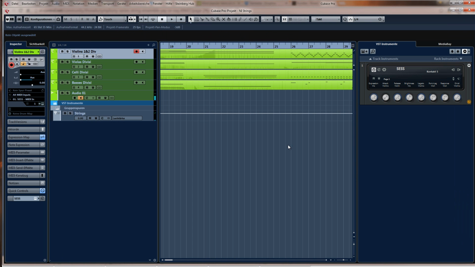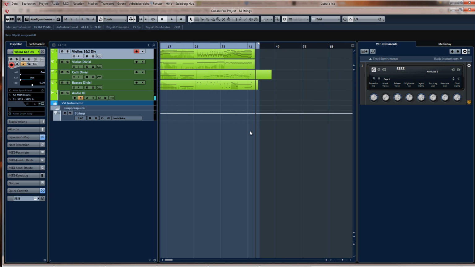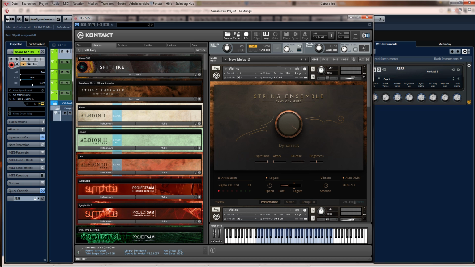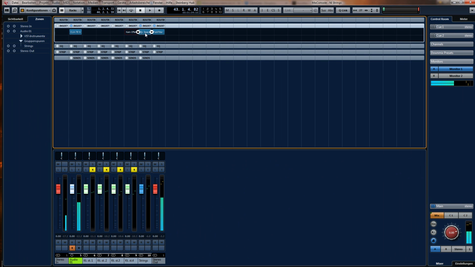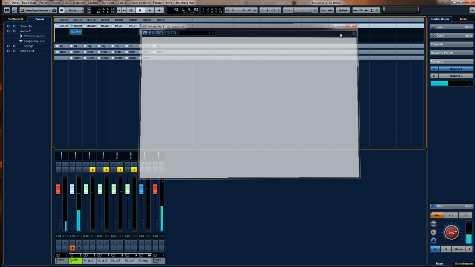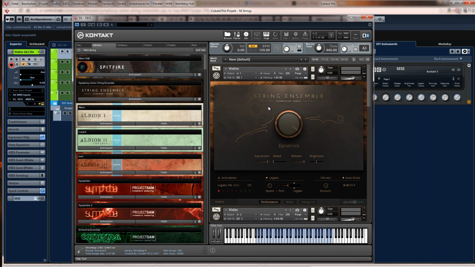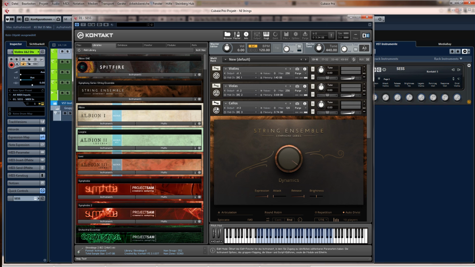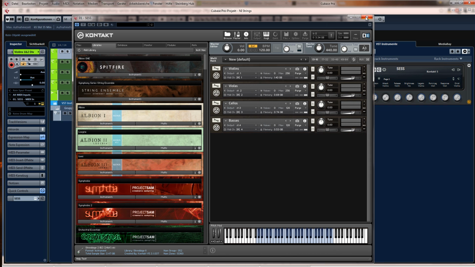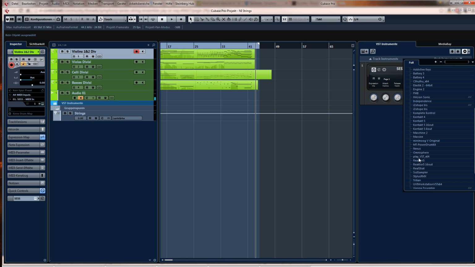So, as I said, just a little cue that I've put together, trying out various things. Let's go into details first. The first thing that I'm going to do: I used some Quantum Leap spaces in the string bus. I would just switch that off so we have the plain sound of the strings straight out of the box. And I'd also suggest to open another instance of Kontakt